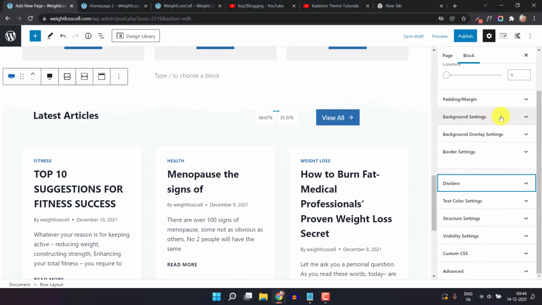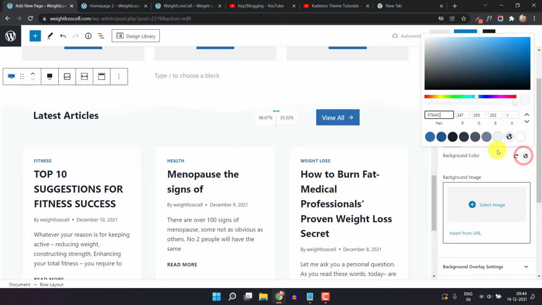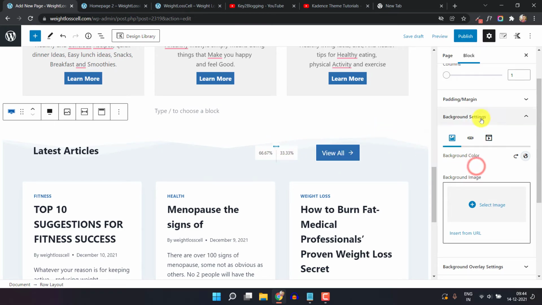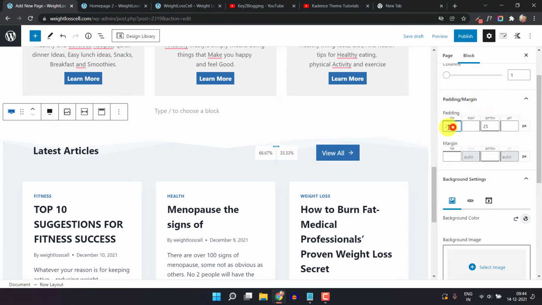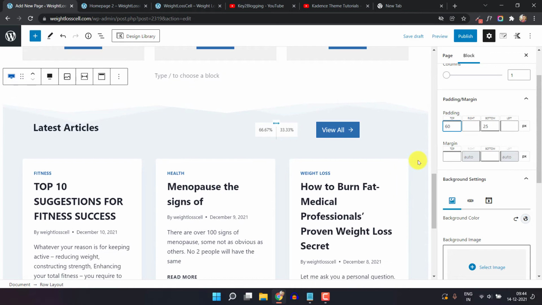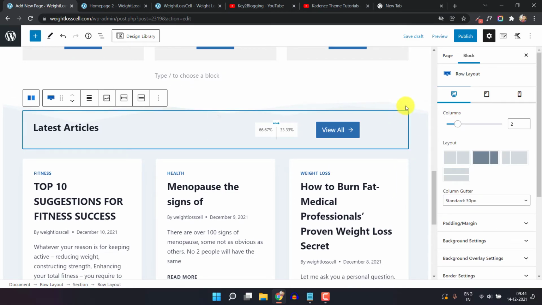So let me just change the background color first so that you can view this clearly, and here as you can see the top divider is added. So let's adjust the padding from the top. So I will set a top padding of 60. Okay, now it is looking good. So let me just select this option